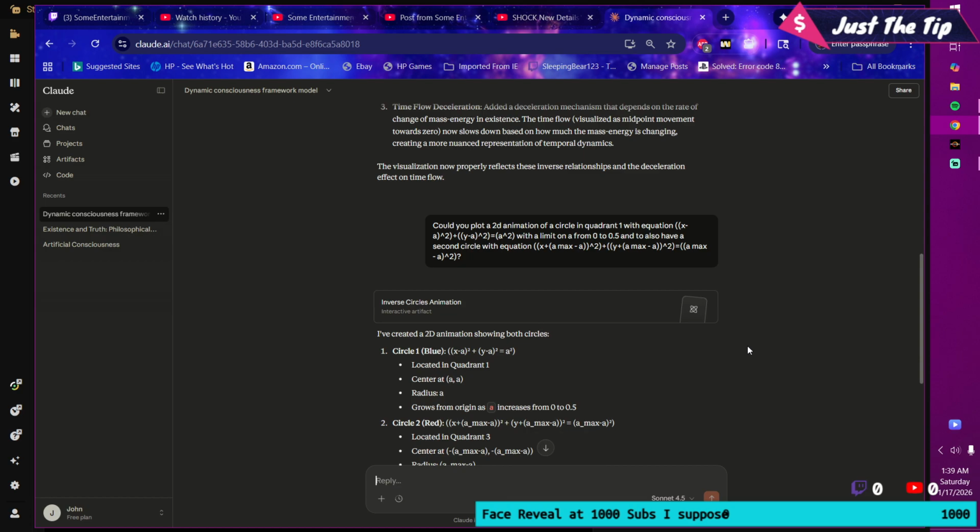So I finally figured out what quadrant 1 and quadrant 3 should look like and was able to graph it out, by plotting a 2D animation of a circle in quadrant 1. The equation of a circle is (x minus h) squared plus (y minus k) squared equals r squared, the radius squared of the circle being drawn on a coordinate graph. So I took that and made h and k relative to the radius as the midpoint,